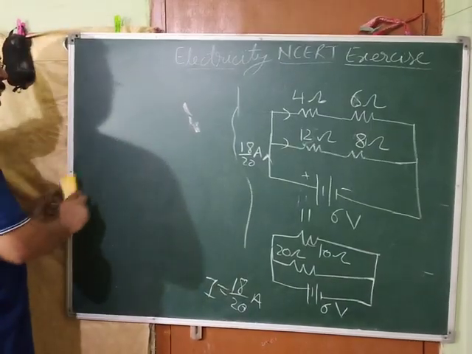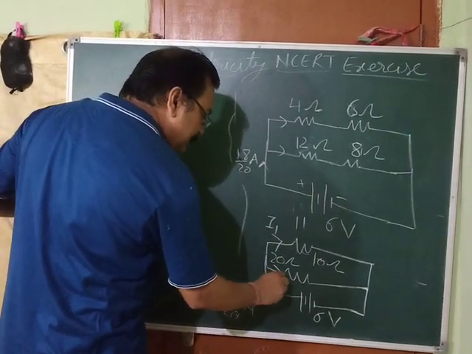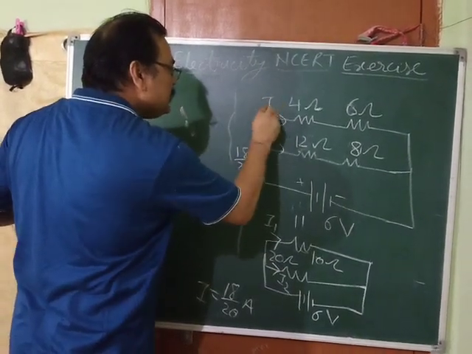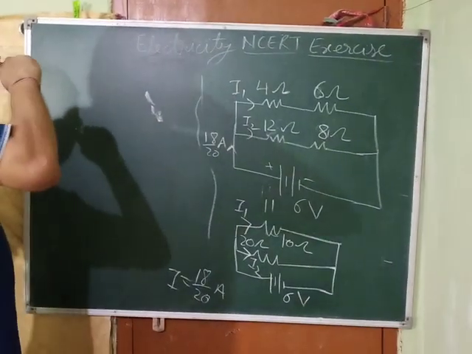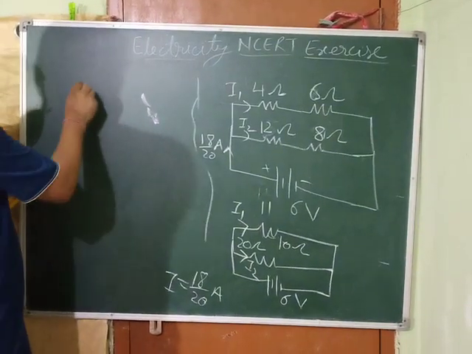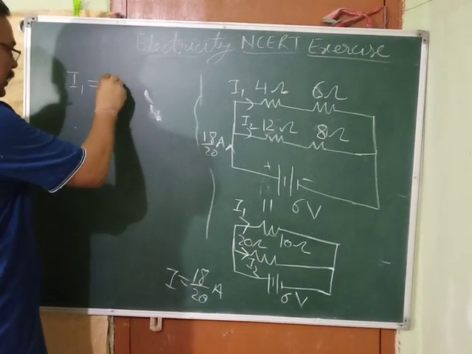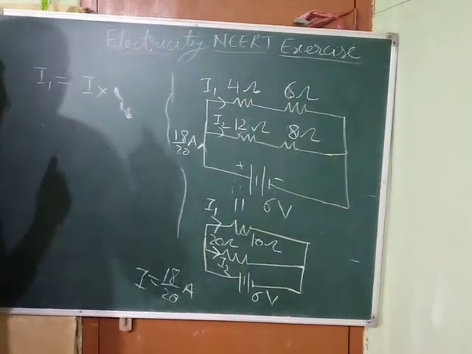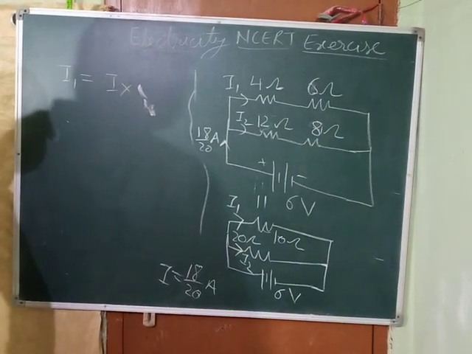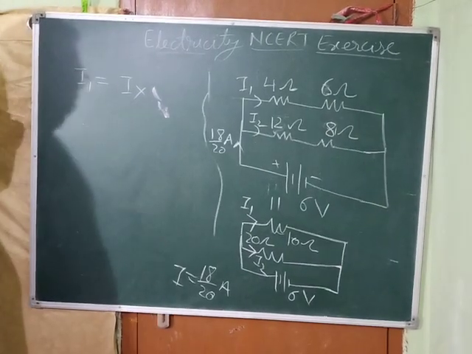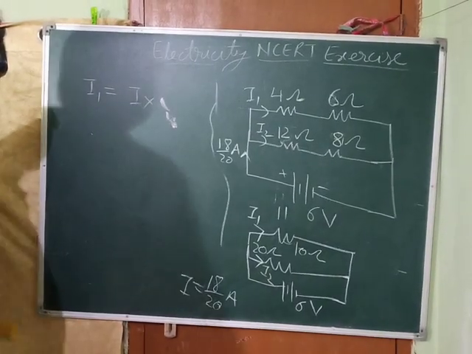Total current is this much. Now see, if you want to find out, suppose current here is I1 and suppose current here is I2. That is I1 is here and I2 is here. So if you want to find out I1, then what you have to do? See here. I1 is equal to total current, that is I, multiplied by, just take care, total resistance was how much? Total resistance was 20 by 3. That was total resistance.